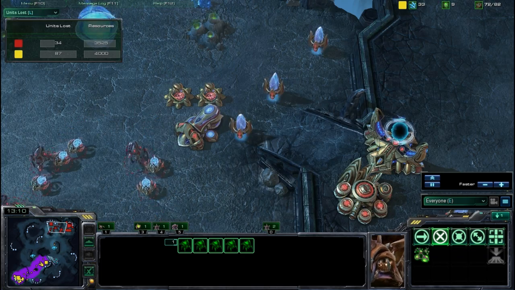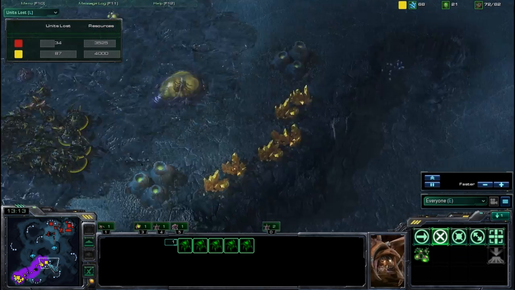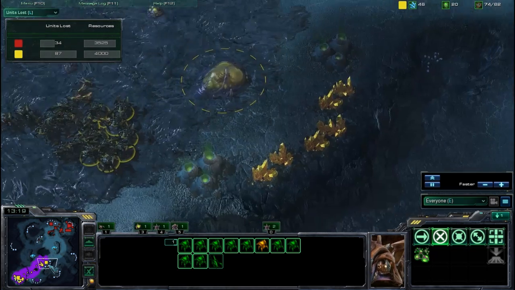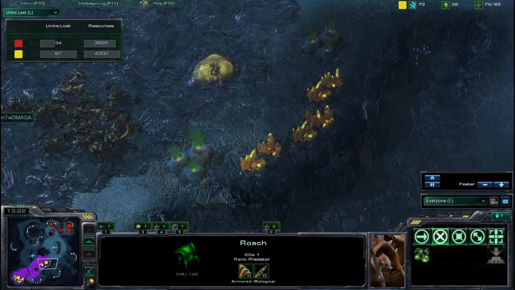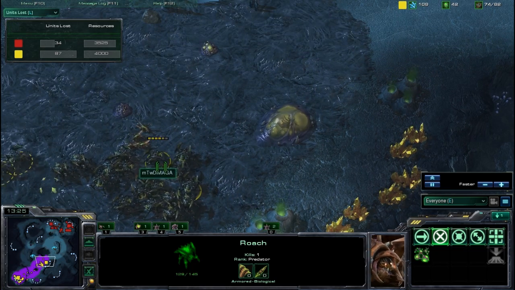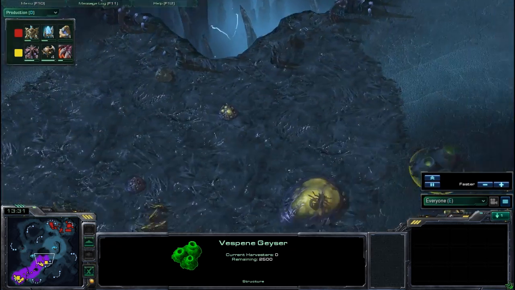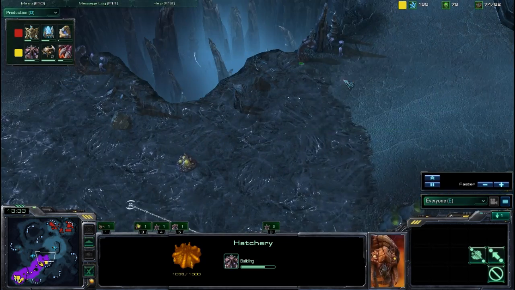If my opponent's going to have an expansion and I'm going to have an expansion, the tactic is simple. I want the better expansion. So the high yield will give Dimaga the mineral advantage and the gas advantage. The problem, of course, being that he needs to defend this, and on this map the high yield is, well,